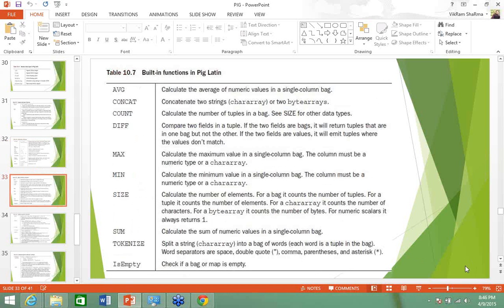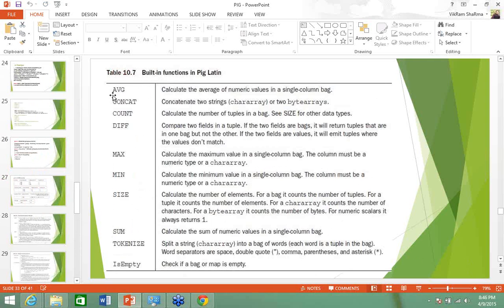Now before going to the last part of Pig, we have something to discuss. That is the most important one while writing our Pig scripting language. In the Pig scripting language, we have some built-in functions, and we can also write our user defined functions. Before writing our user defined function, we have to see what the built-in functions in Pig Latin are. See on the screen, you may be able to see examples of the built-in functions.